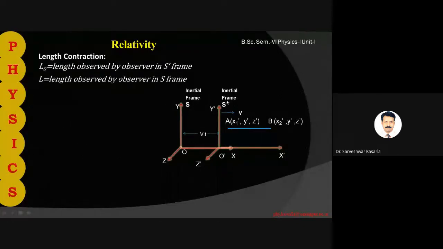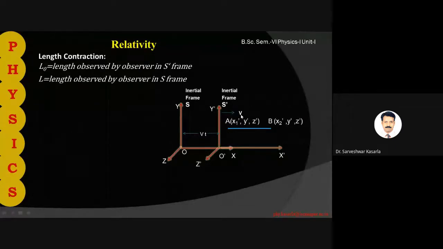This is another inertial frame, which is moving with uniform speed v with respect to S frame, that is denoted by y dash, x dash, z dash, and o dash. So there are two frames. This frame S is stationary, and this frame S dash is moving horizontally along x direction with uniform speed, say